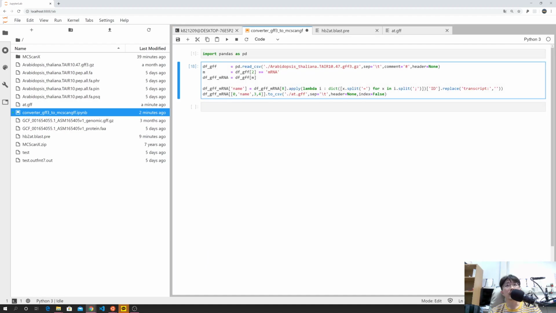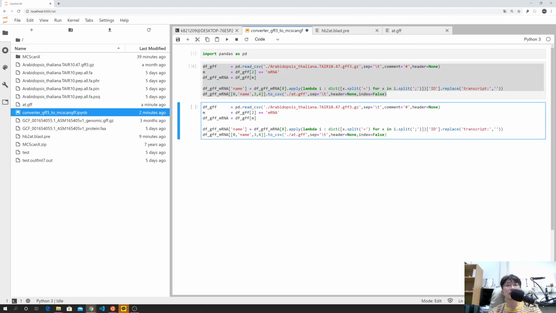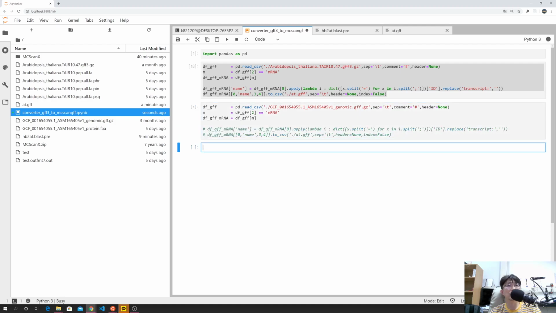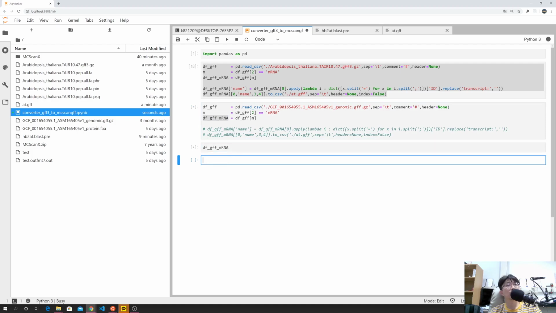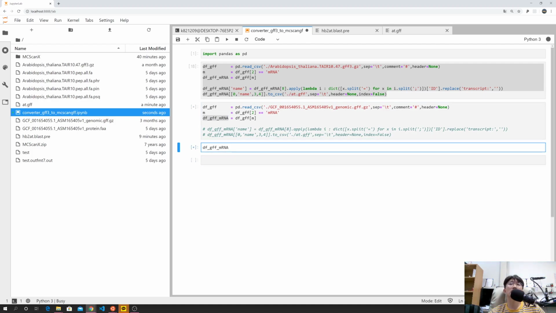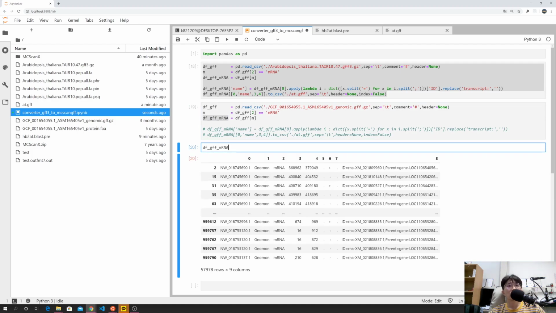But the problem is, I would say it will not be the same as Arabidopsis. So I really think that is the problem. Okay, so the mRNA we selected safely,